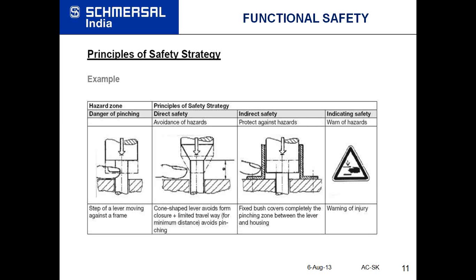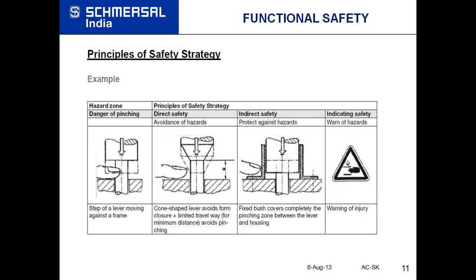But sometimes tapering of this kind of piston may not be possible because of certain other considerations in the design. Then what we do is we prevent the finger from going inside or touching the moving piston. If that is done, then we call it indirect safety, because we have put a barrier, and this barrier is a safety device. Okay, so this is the second step. And if after this there are still some residual risks, some dangers, then we can put some stickers, some warning signs for the operators to see that they don't have to perform this task or they have to be careful.